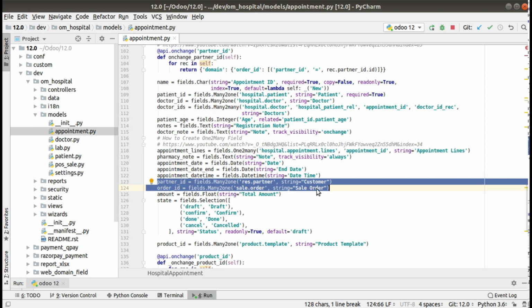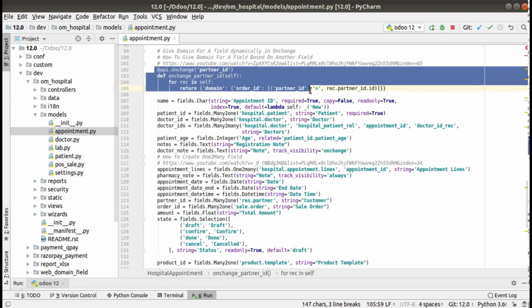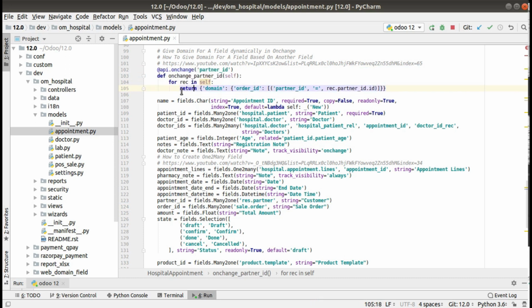Here there is no domain. The domain is returned on the on change of partner. I have written an on change function, on change partner ID, and what I'm doing is returning a domain. Here you can see we are returning a dictionary, and the dictionary is the domain for the field order ID.